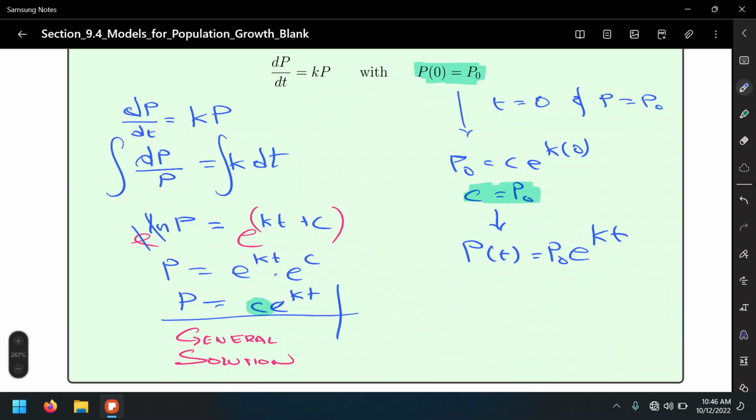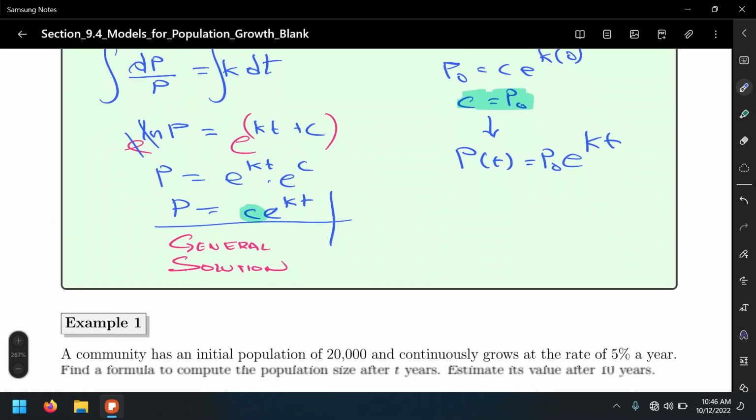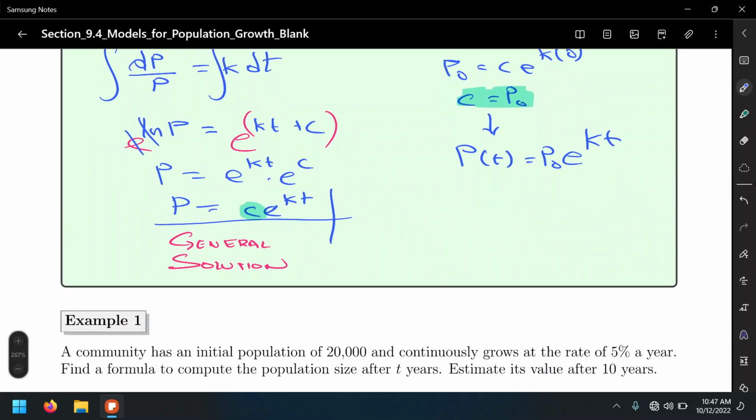Depending on the sign of k, if k is positive, that's going to model growth. But otherwise, if k is negative, that's going to model decay, like radioactive decay, or like in Newton's law of cooling, decay in the temperature. Well, we're going to do one example next time, and then we're going to look at the